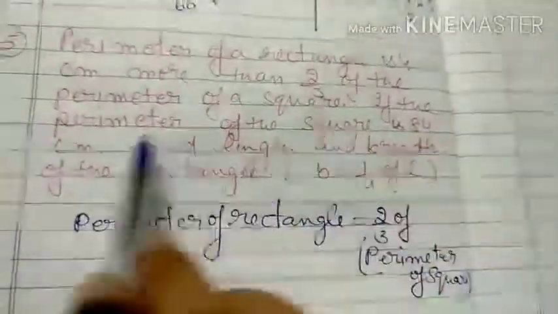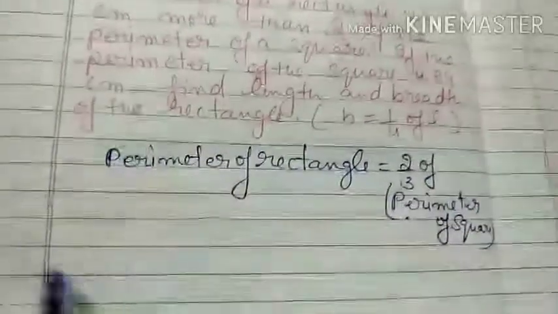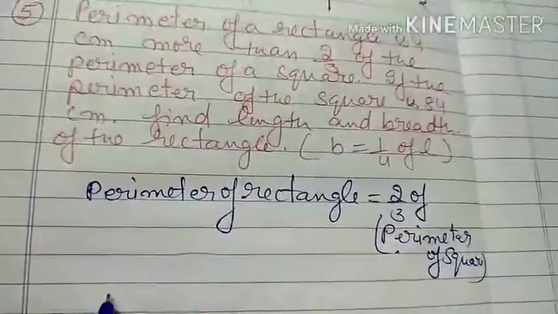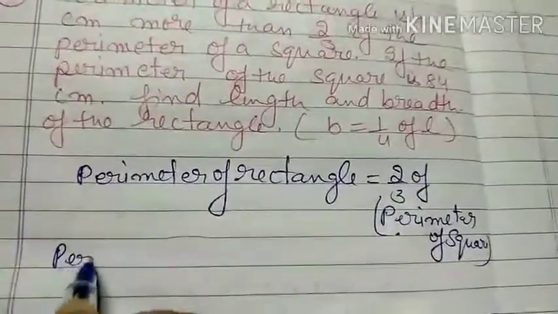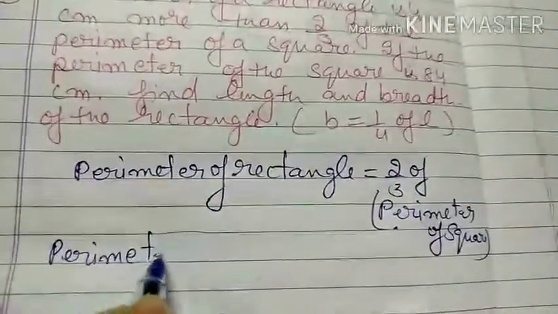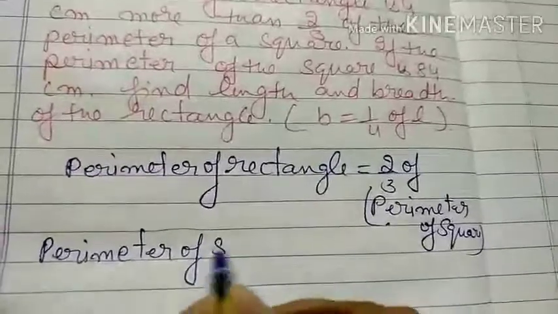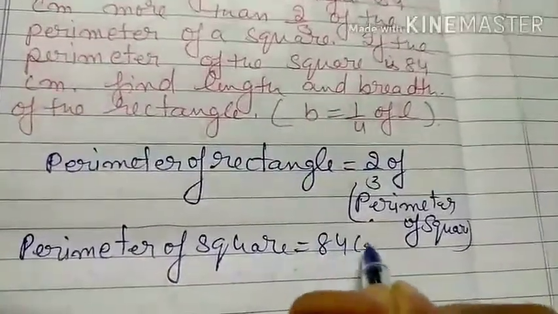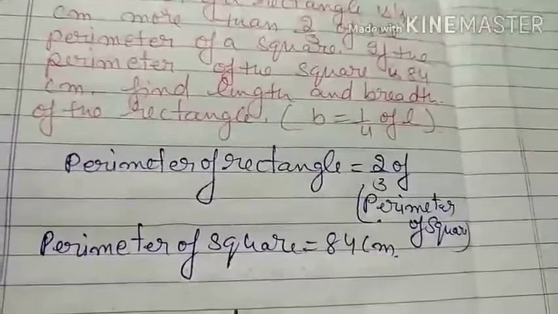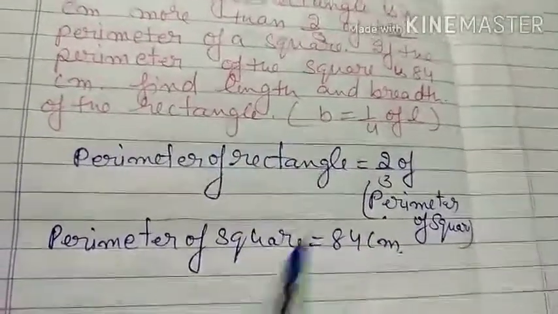Next line, one by one I am going to translate the same. If the perimeter of square is 84, what is given? Perimeter of square is equal to 84 centimeter, and you have to find the length and breadth of the rectangle,